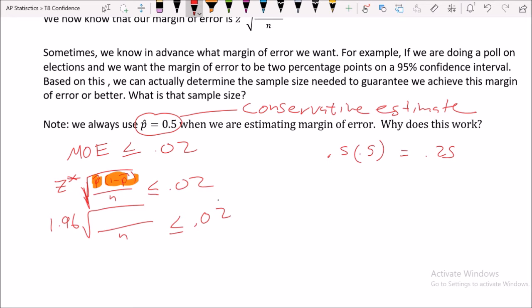Let's say that instead I had guessed 0.4 times 0.6. Those two numbers also add up to 1. So 0.4 times 0.6 comes out to 0.24. Doesn't seem very interesting yet. Let me do one more. What if I had chosen 0.3 and 0.7? Multiply those together, that comes out to be 0.21. It turns out that by choosing 0.5 for p hat, I get the largest value right here,